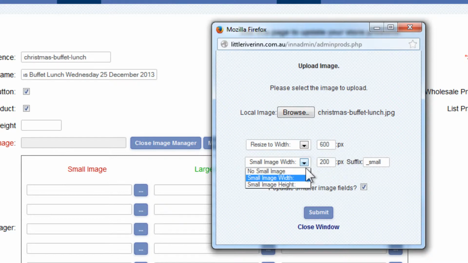The small image, we can choose not to have one, but for the first photo you always do need it. So we click there, and yes, you can see 200 pixels. The suffix just adds the letters small onto the end of the file name to distinguish between the two different photos. Populate smaller image fields means yes, we do want you to put the file name into that box over here under the small image. And we press submit,